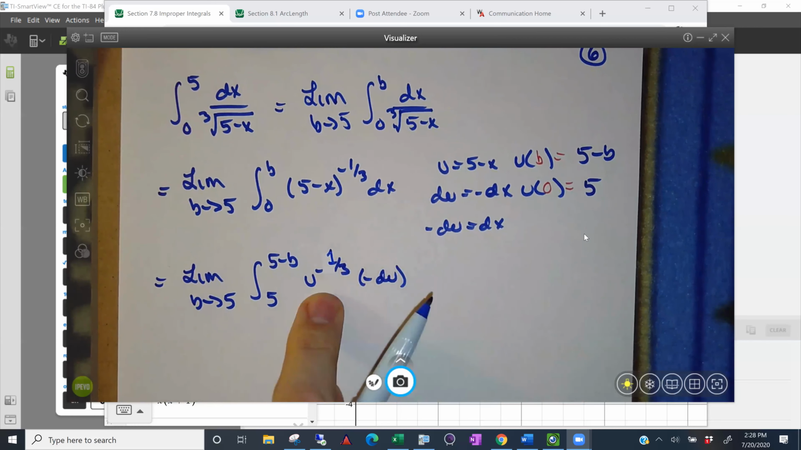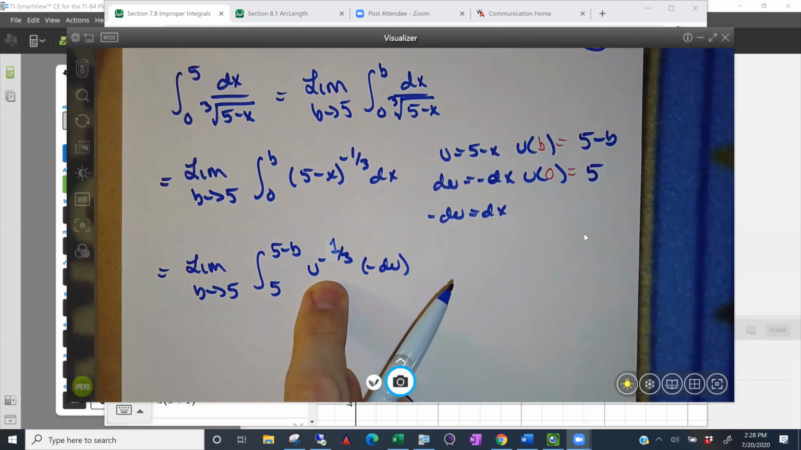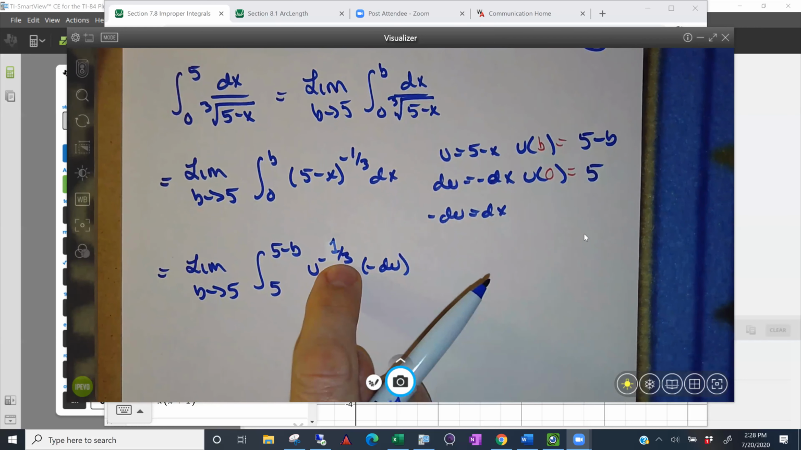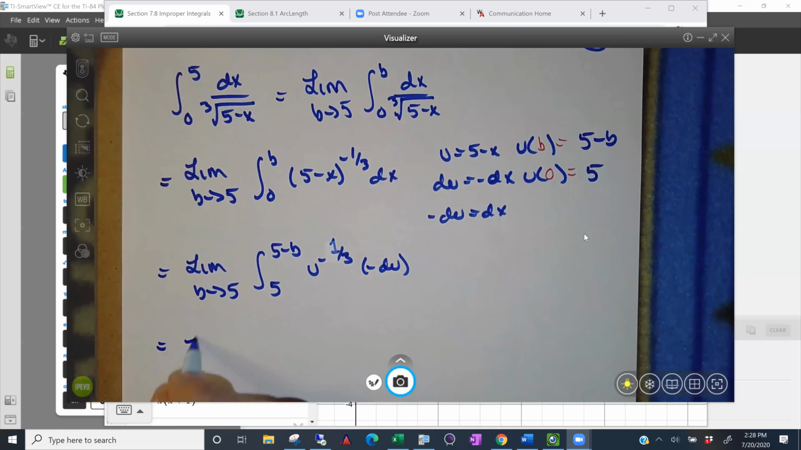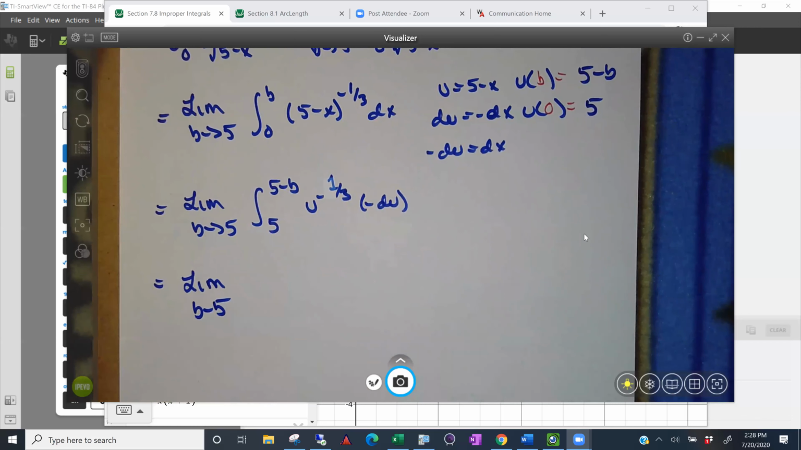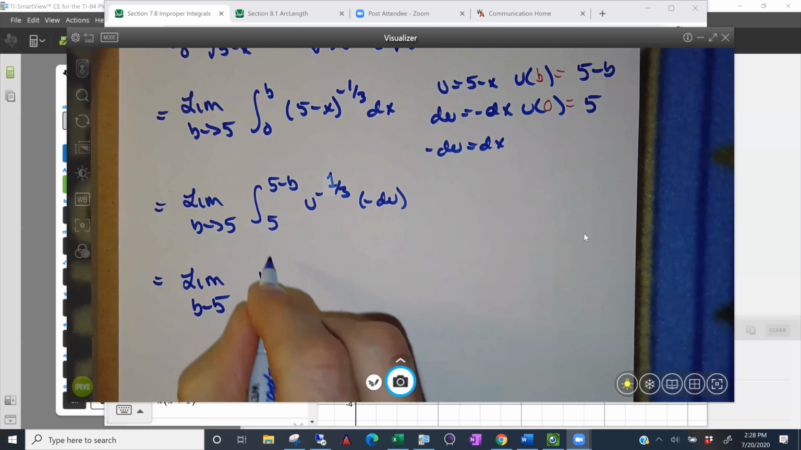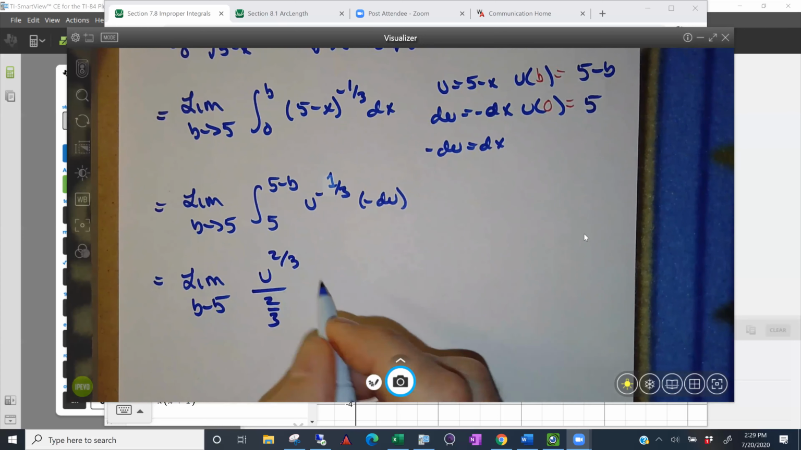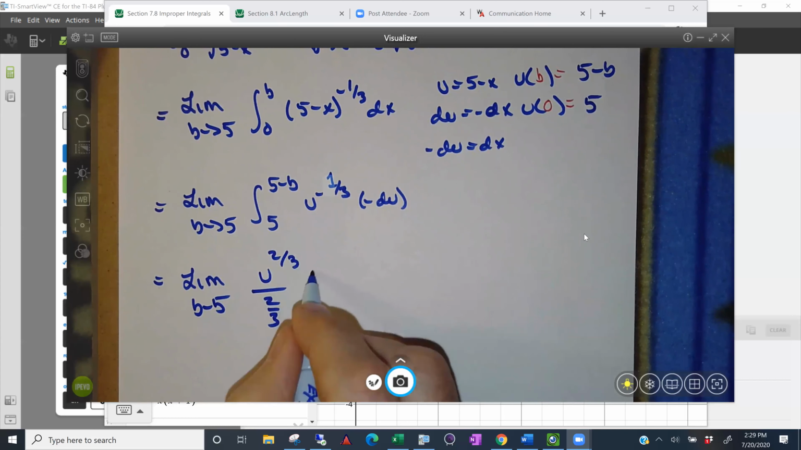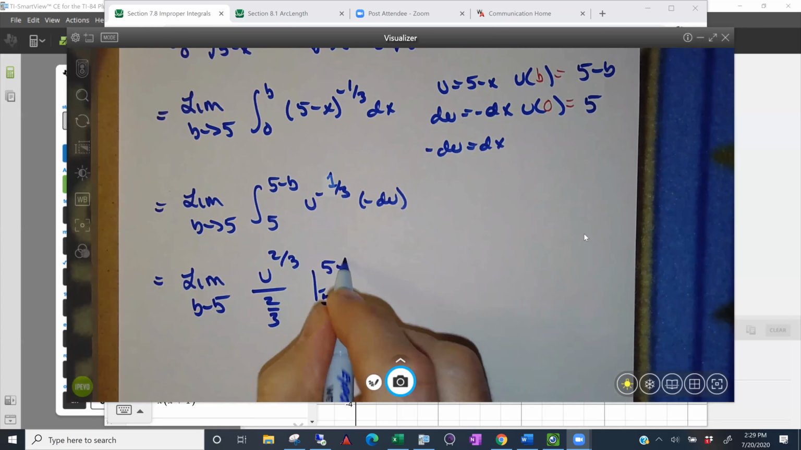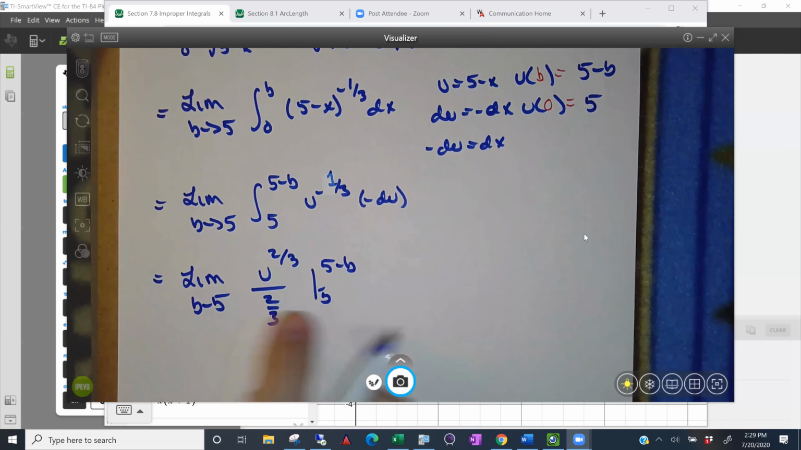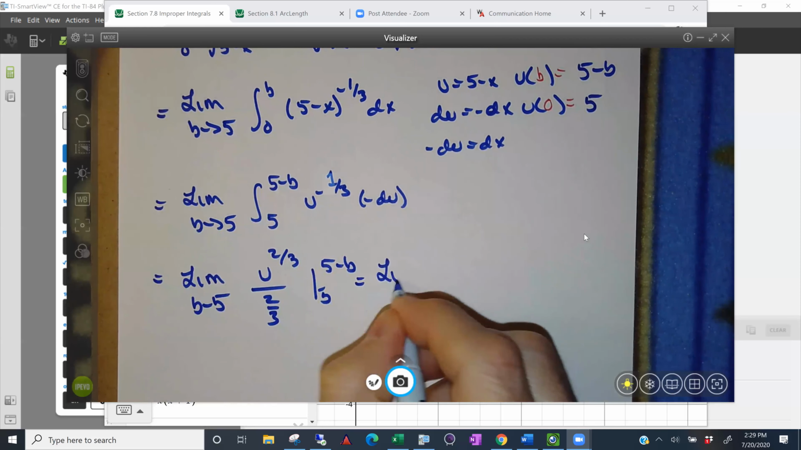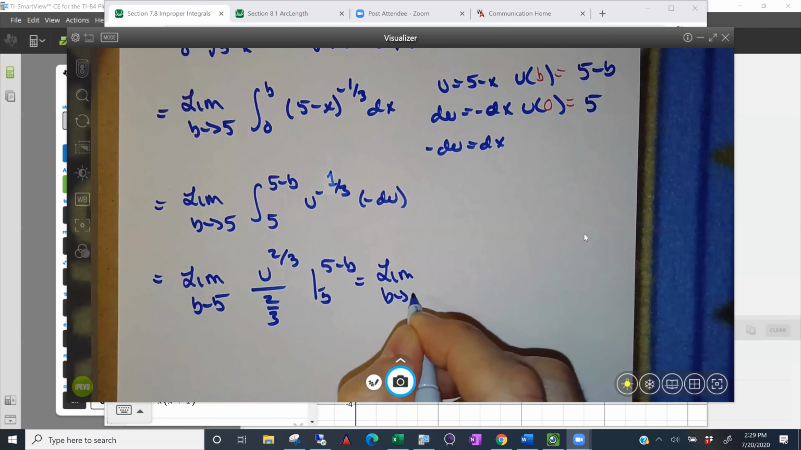Okay, this is nice because we can integrate this. So let's do that. Add 1 to the exponent, divide by the same exponent. Sometimes people try and do too much at one step, and then they make mistakes. So you can just write u to the 2/3 divided by 2/3. There you go. So you've added 1 to the exponent, divide by the same exponent. And then maybe in the next step, again, not trying to do too many things at once, I can invert and multiply. So limit as b approaches 5